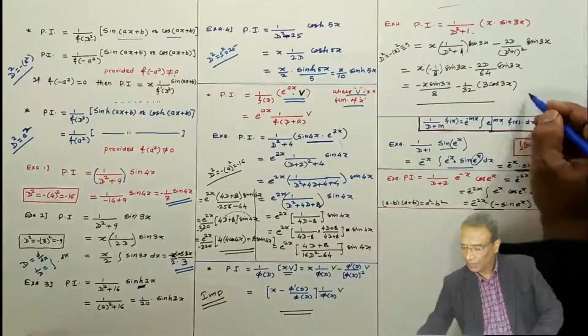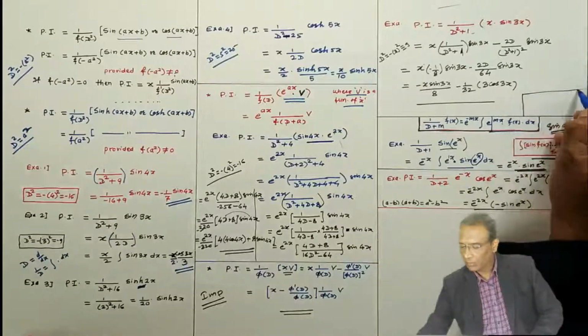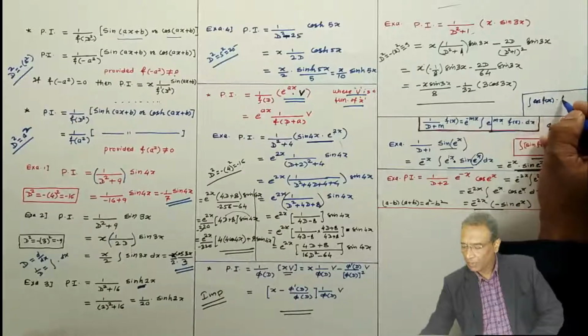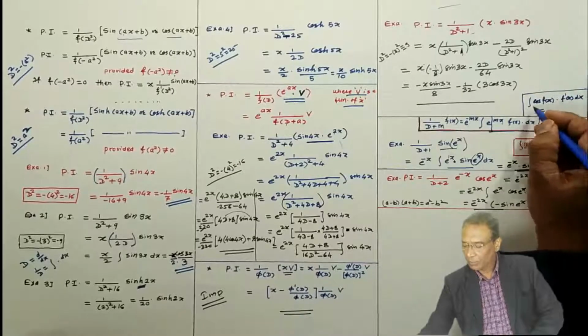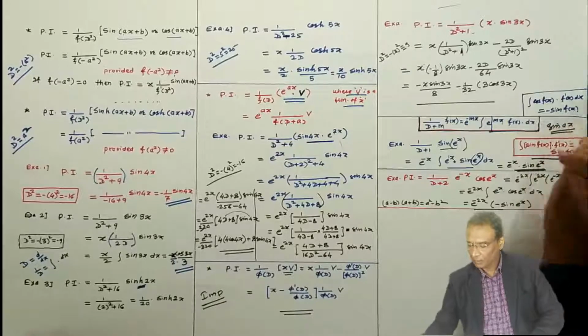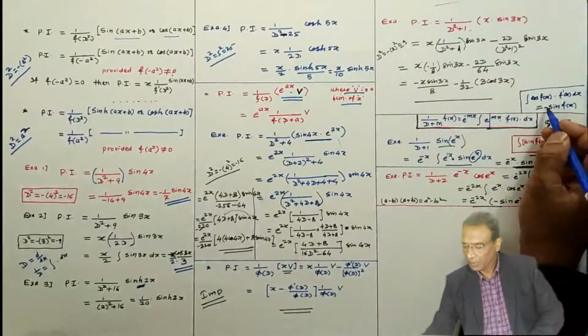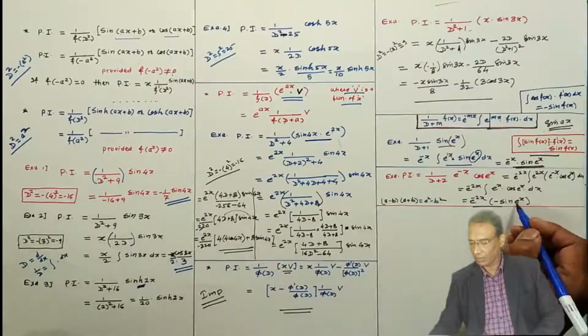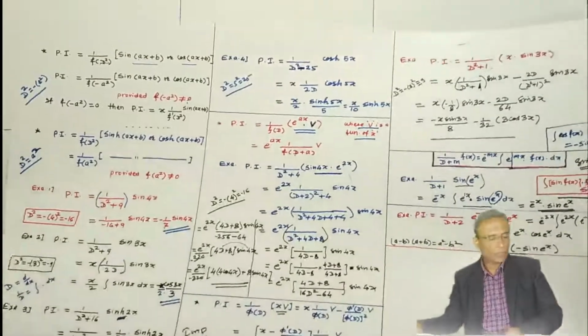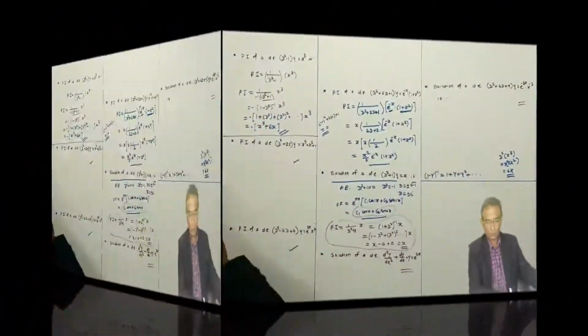See, here integral of cos of f(x) multiplied by f dash x, meaning the derivative of the argument is present, then the integration of the total term will be what? Sin of f(x). Same thing I have written, and it is minus of sin of e to the power x. The particular integral of this. Very quickly, the next one, similar problems we are going to discuss now.